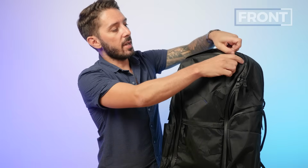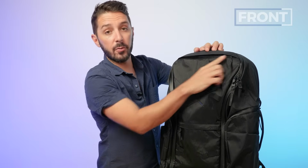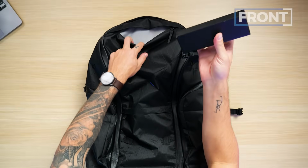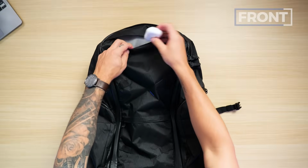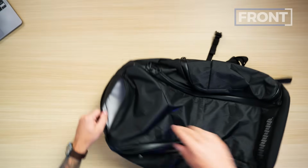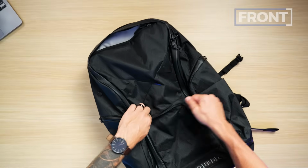And then we have another pocket right here, also protected with a little flap for additional weather resistance. This pocket is about yay big. Great spot for quick access to your glasses, AirPods. I love that DVRGE used a lighter colored fabric in here. I will admit, this pocket and the bottom pocket are a little bit more challenging to get to with